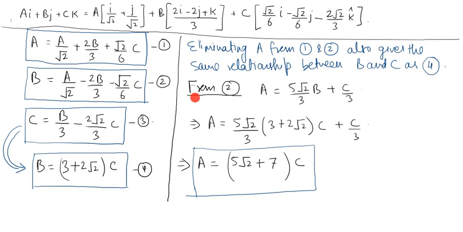So from the second equation, I get a as (5√2 b + c)/3. Now what I am doing here, I am replacing the value of b here. So I will get a expressed in terms of c. So I have b expressed in terms of c and a expressed in terms of c. So I can write this vector a i cap plus b j cap plus c k cap in terms of c. So this is exactly what I have done in the next slide.